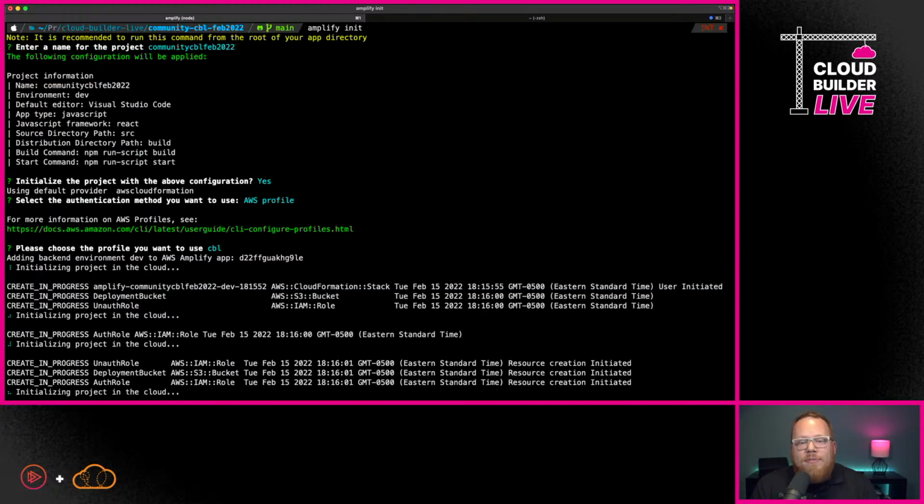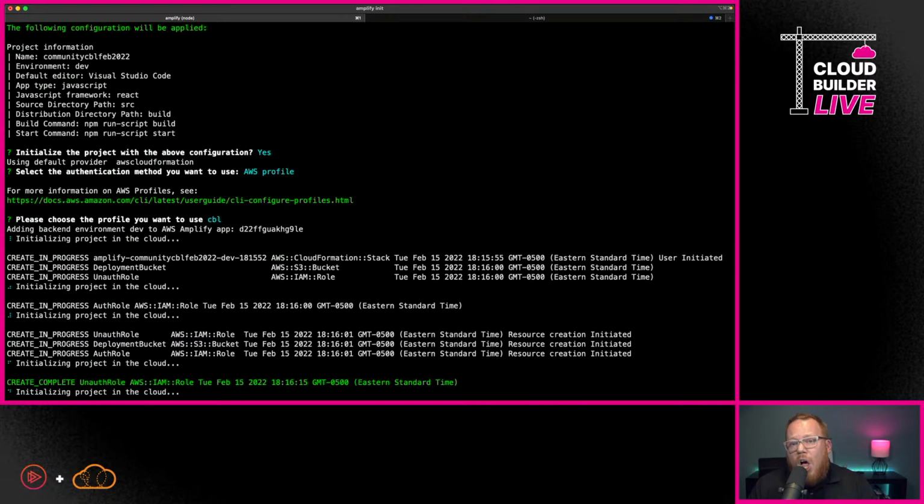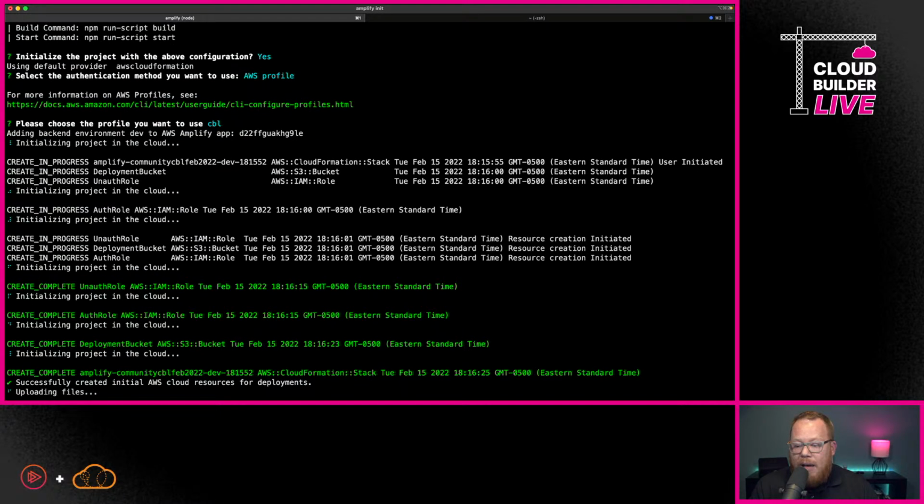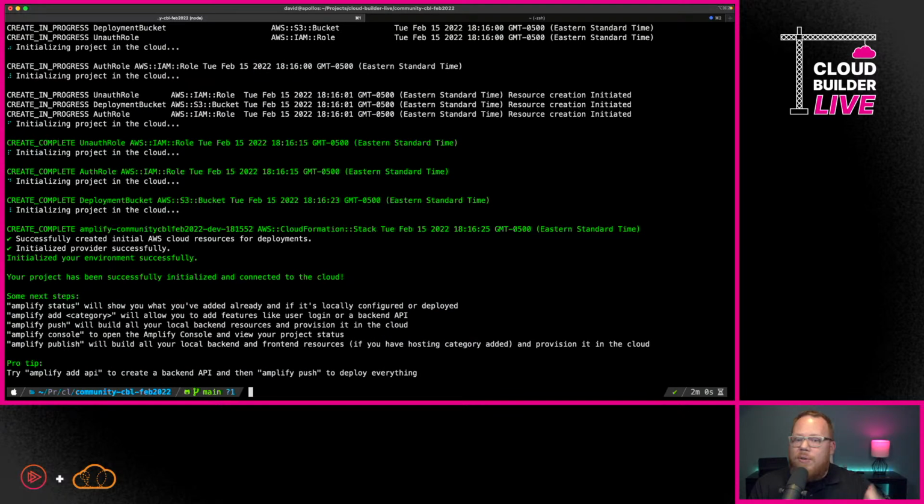And I see that we do have a few questions that have come through. So first of all, it says, where are you running this code? That's from Networking Labs. That is a great question. So everything you see here is running on my machine, which is a Mac. It's going to be very similar if you're on Windows, but this is not actually running in the cloud. You actually can run this from your machine. Now, if you wanted to get fancy, you could do it from another machine, but this is the way that most developers are going to work with it, is they're going to be doing it from their local machine.